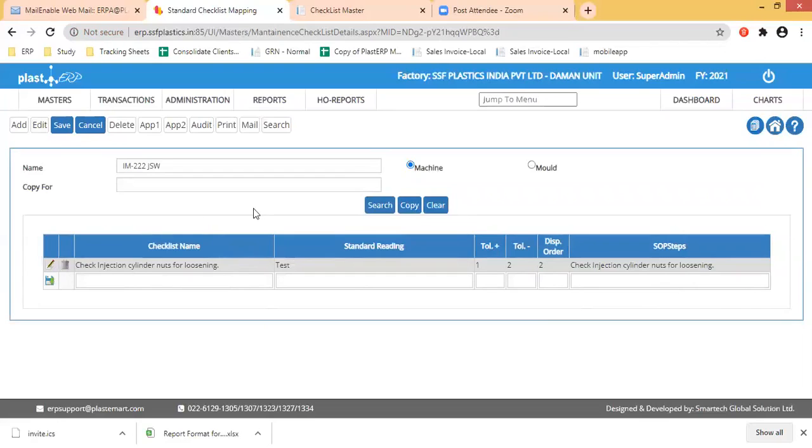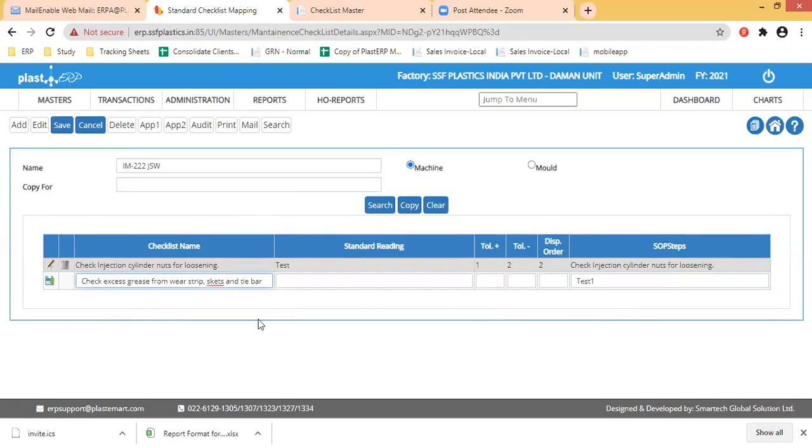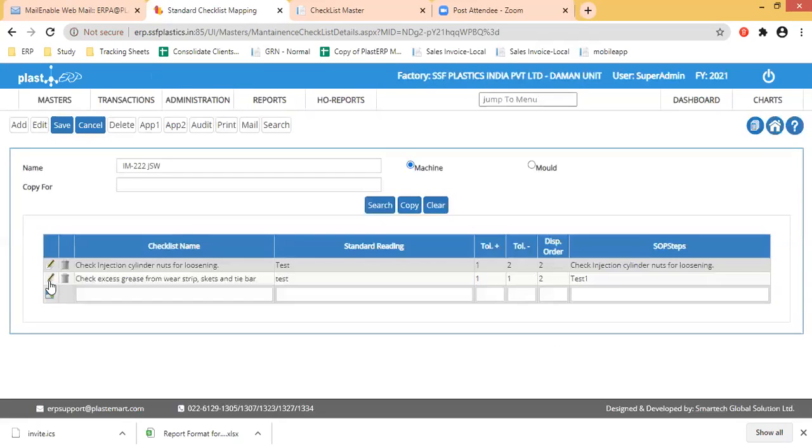Say add one more. Okay, so you have basically defined that for this injection molding machine, I have to do these checks.